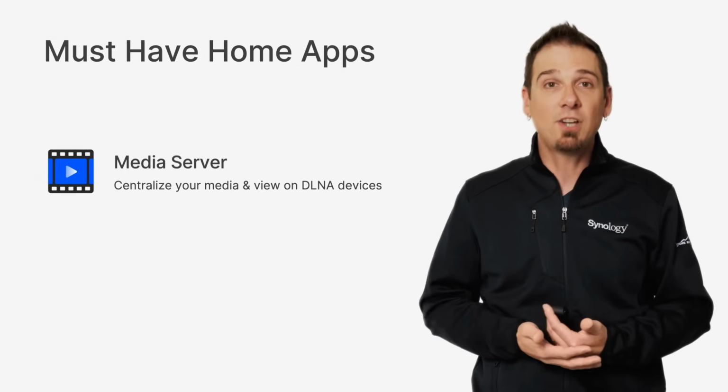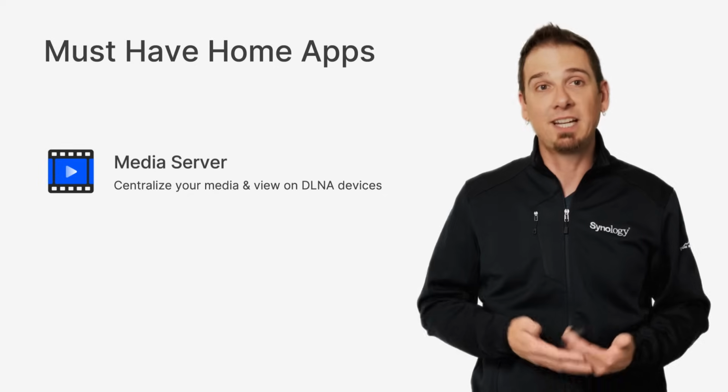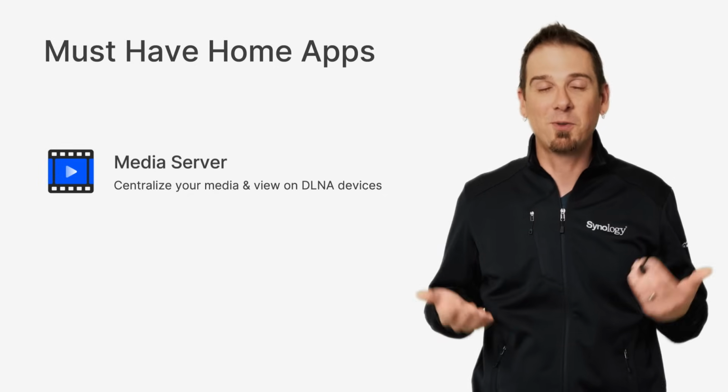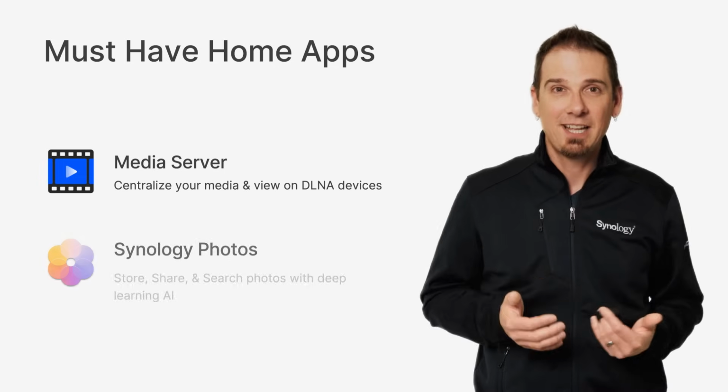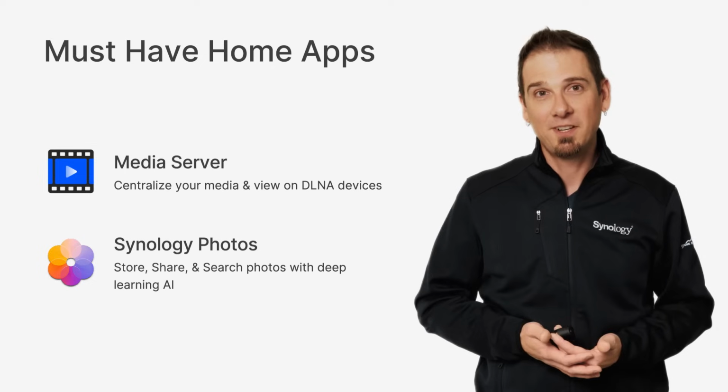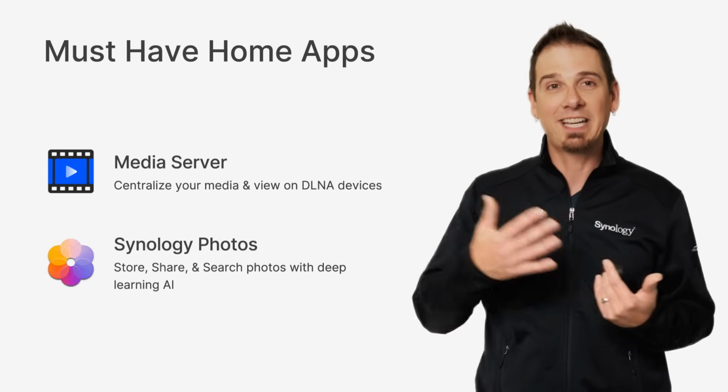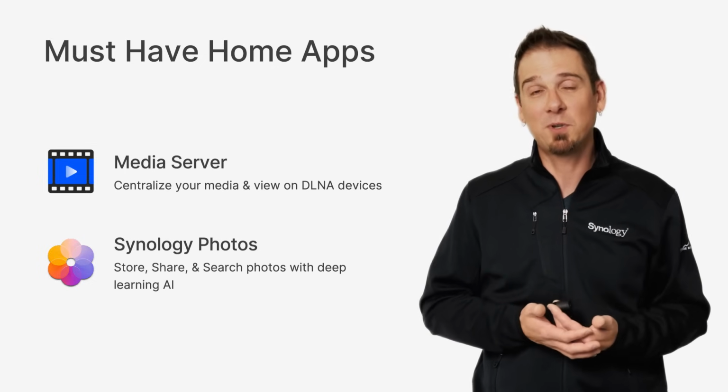If you're doing any kind of photography, or if you enjoy using a cell phone to capture photos, you'll 99% want to be syncing that data to the NAS. And you'll do that with Synology Photos. This application will allow you to sync that data up to the NAS and keep a backup from your mobile devices.